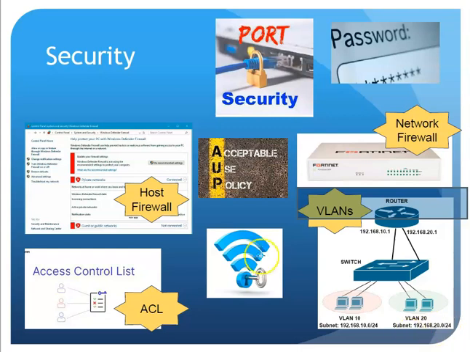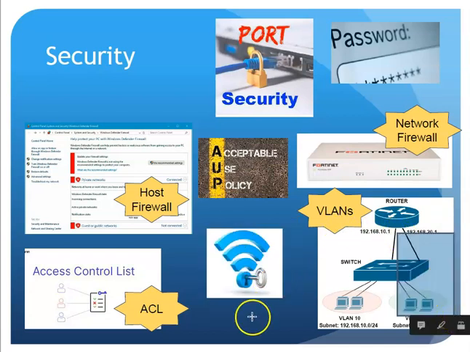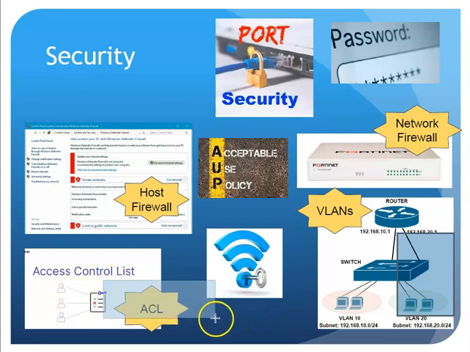When I'm dealing with wireless, I need to make sure my wireless is secure as well. Just like we did when we hooked up our access point, we made sure we had the SSID the way we wanted, but then we also made sure that we had encryption for those users. So even if you did capture the traffic, it's encrypted. You might capture it, but you can't actually read it. So having that encrypted also in its own VLAN,